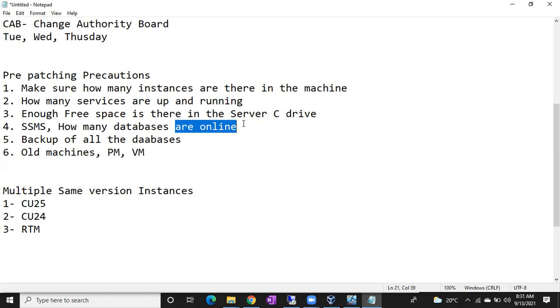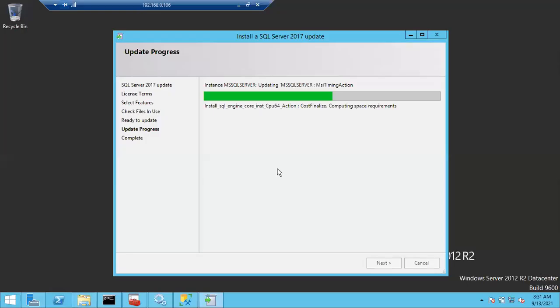During the patching window of 2 to 3 hours, the monitoring team doesn't monitor. In case any issues are there, they will ignore them. Once patching is completed and you send a success message to them, they are going to resume monitoring. So this is how patching will be done. Clear, guys? Any issues, any doubts? As the server is small, it will take 10 to 15 minutes. If you want, you can wait and watch it.